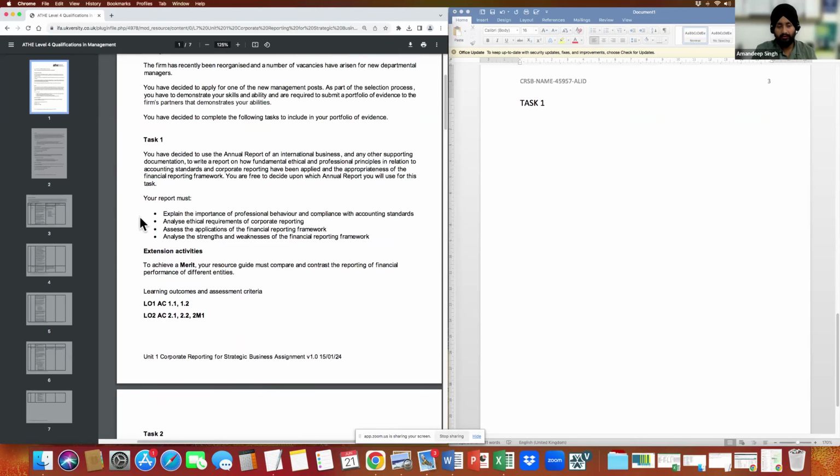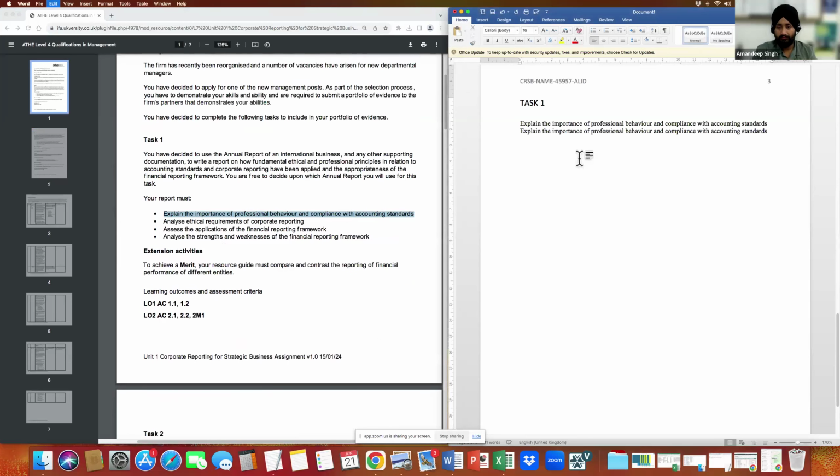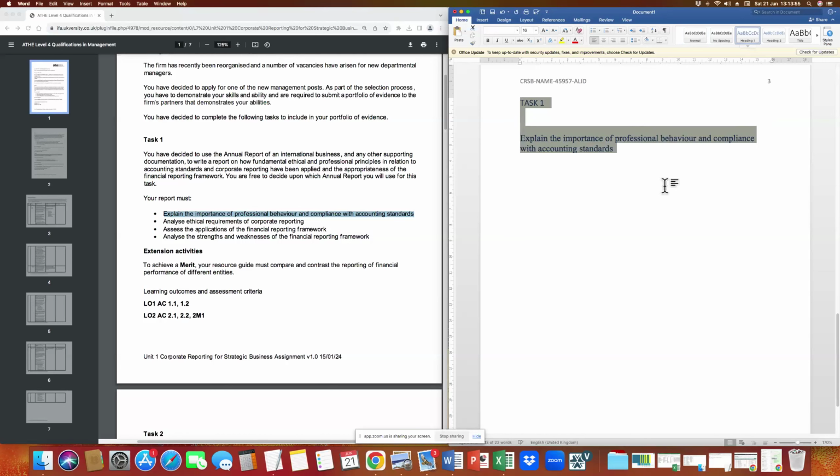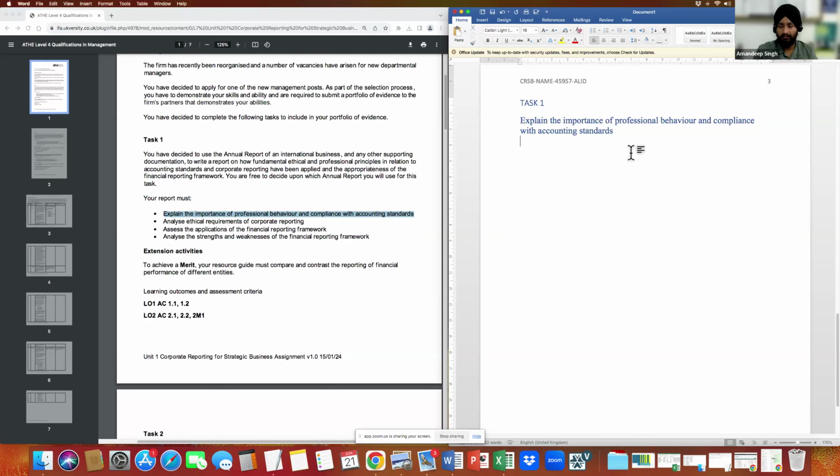So what you do is just copy and paste this first question here. You will select this again and choose heading number 1. I will tell you the reason why I'm doing that. Then you will label it as 1.1 because this is the first part of task number 1.